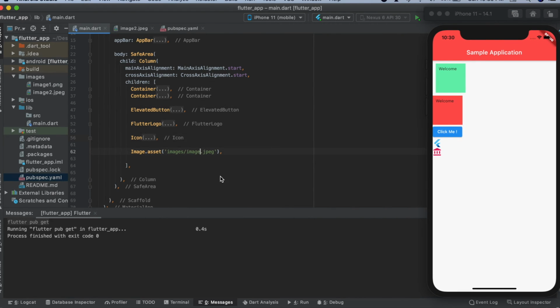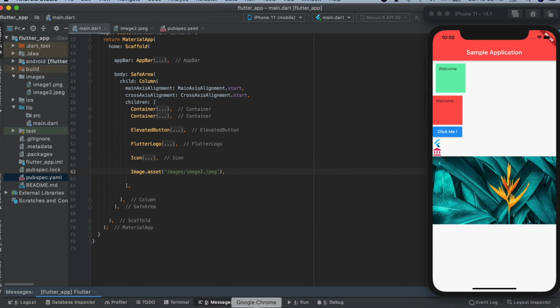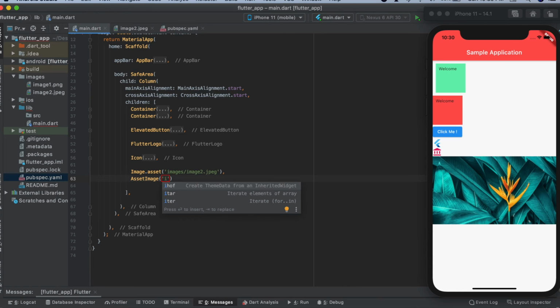Oh sorry, the image name is wrong. It's image2.jpeg. So I got this image. And apart from that I can also use AssetImage, and again I'll give images/image2.jpeg.